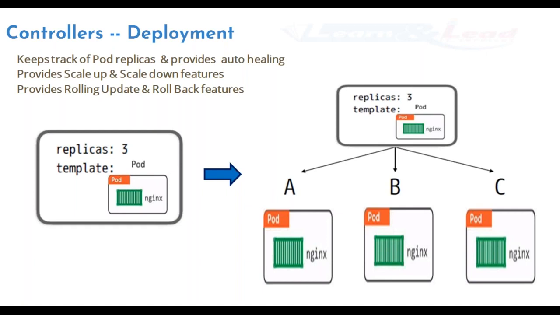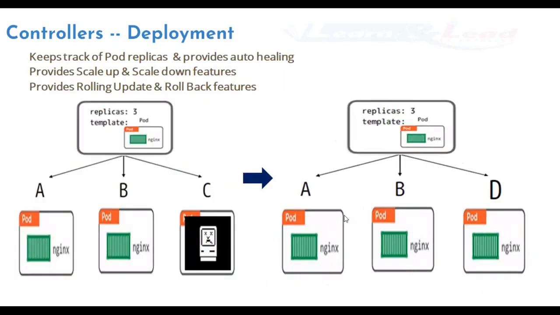What I mean to say here is, let's say that I created 3 pods here, right? And say that there is a controller called the deployment controller. Then this will track these pods. The replica controller or deployment controller basically keeps track of these 3 pods, which means that 3 becomes the desired state here. And by any chance if one of the pods goes down, the controller has the capability to bring it up automatically. You can see here, let's say that pod C is gone. Now the controller looks at it and automatically brings up a new pod, which is D. So this is called auto healing basically.